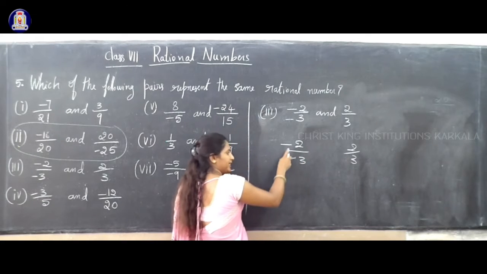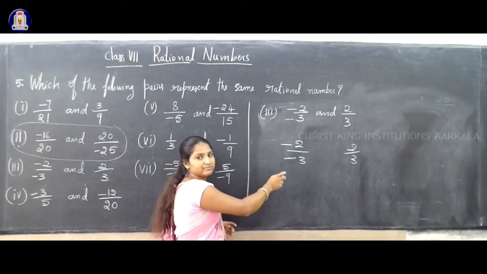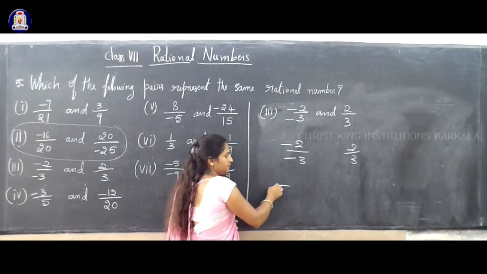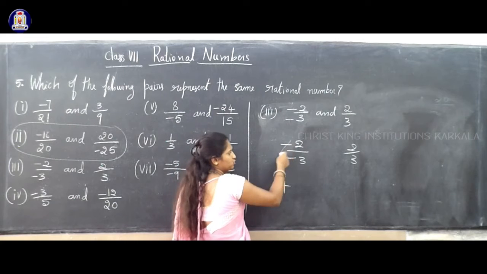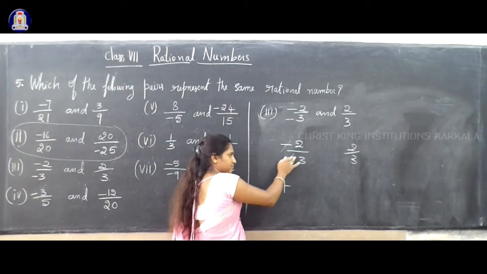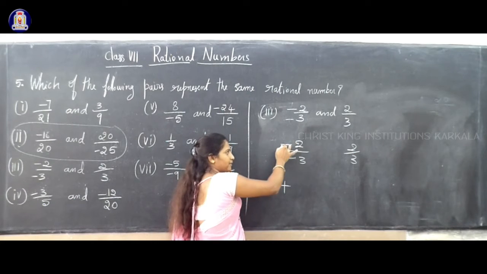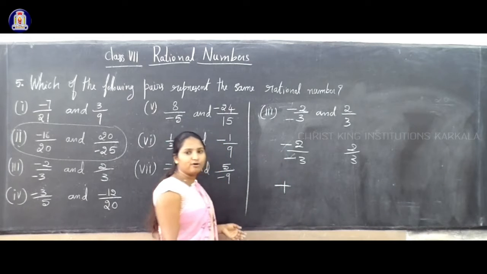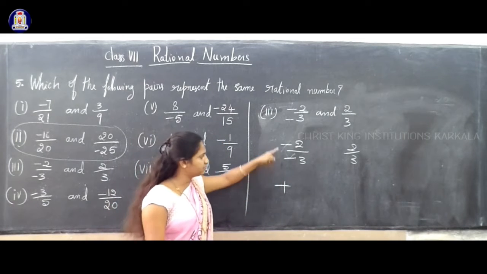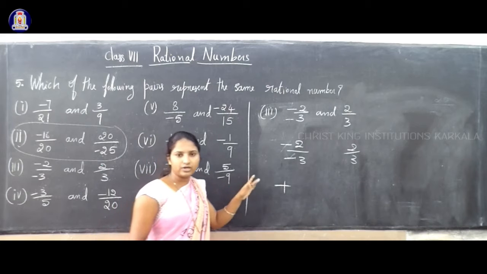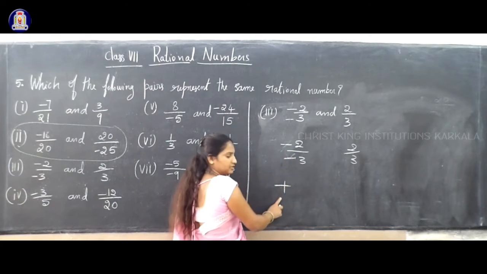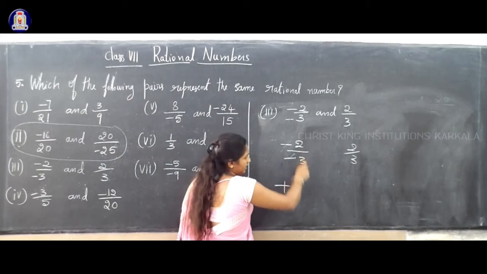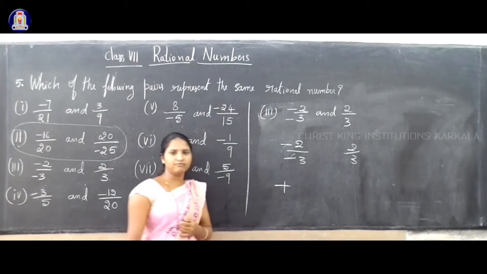So here minus minus. What is minus minus? Minus minus is plus. Is it correct? Or you can imagine these two terms get cancelled. Minus minus cancel, because the same sign is there in the numerator and denominator. You can cancel that term, or you can apply the rule minus minus plus. So what is the remaining? 2 by 3.